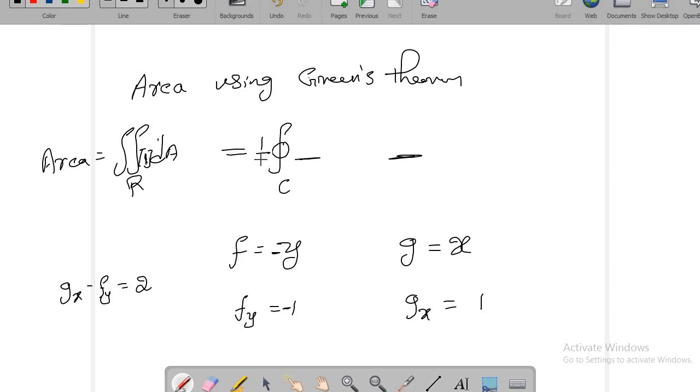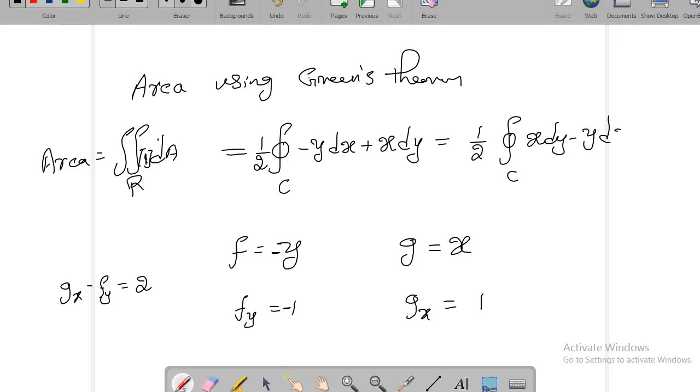Let me send this 2 here, 1 by 2 times. So in place of f, I write negative y into dx plus, and in place of g, you write x into dy. Therefore, half of integral along C, x dy minus y dx. This will give you area